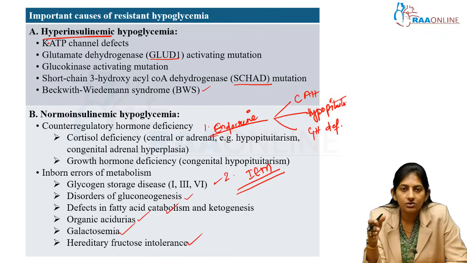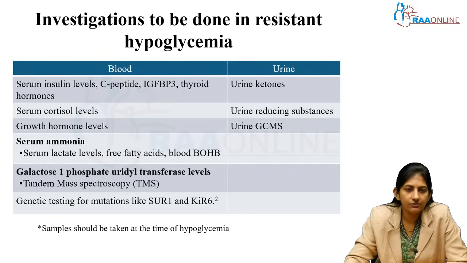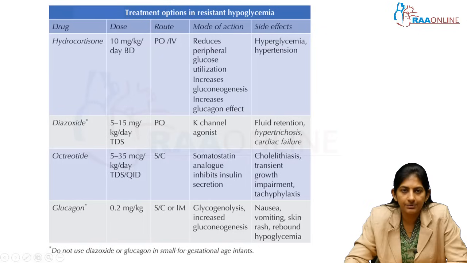If the insulin level is normal, first rule out endocrine causes and then go in for metabolic causes. For metabolic disorders, we can now do TMS, urine GCMS and liquid chromatography. All these have made our work quite easier. Even in 24 to 36 hours we get the samples and the reports, right. So, this is how you have to have a mental framework. The first few things are for the hyperinsulinism level, and these are for the metabolic condition. I will discuss this in my IEM approach video.